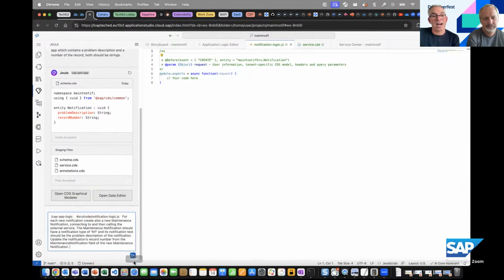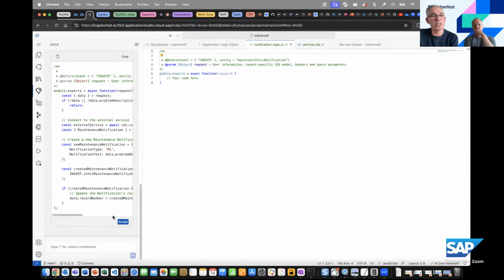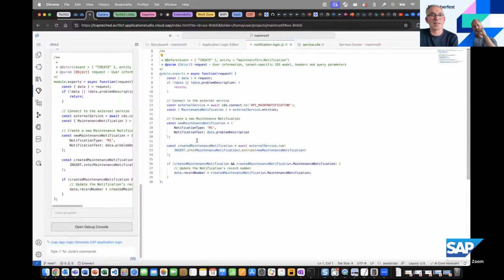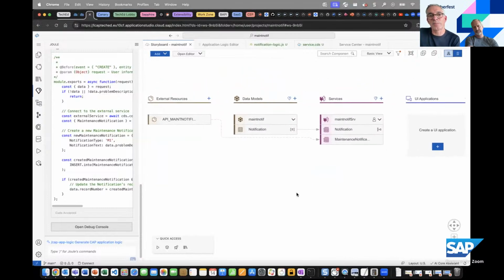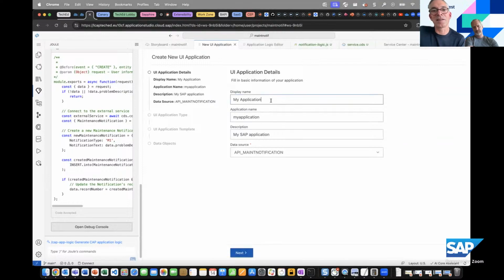We can now ask Joule to create logic for it. And the logic is what I said. Every time there is a new notification, I will create one, I will invoke the API from S4, in a way that it's described in the prompt. I will invoke the API, and I will take over the number of the notification from the backend into the front end, or into the CAP application. So last but not least, we've now got the full service, and it only takes another minute or so,